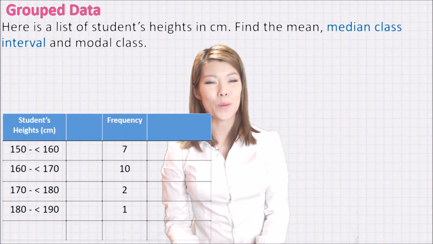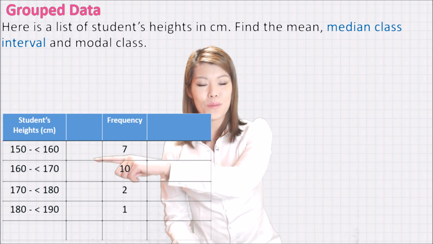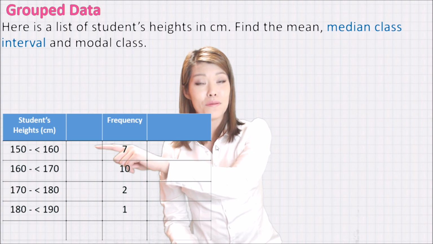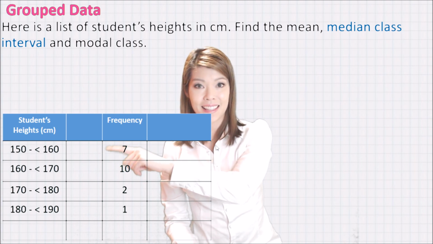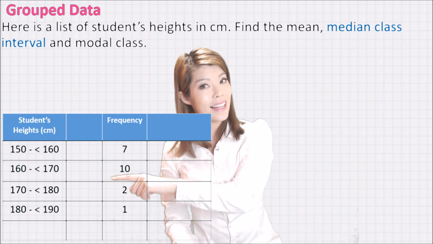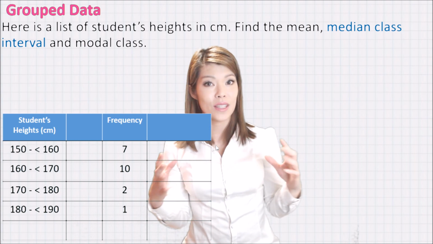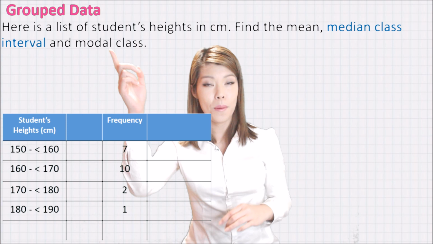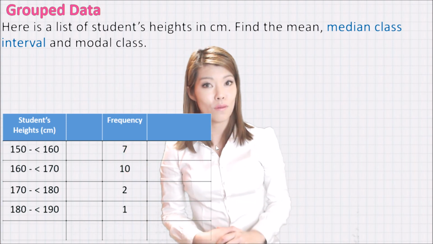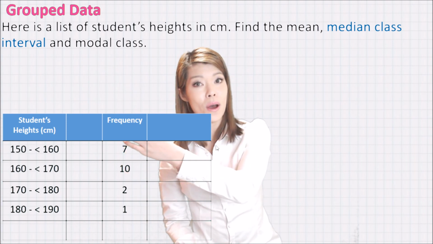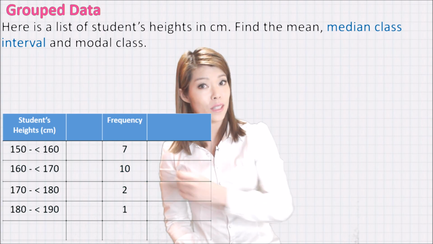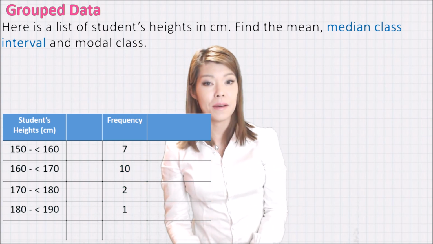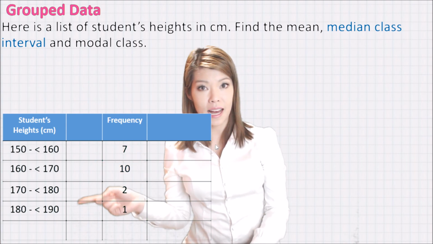Next, we're going to look at grouped data. And recall from previous sessions that these are called class intervals. So 150 to 160 is a class interval. The next row is a class interval, so a group. So instead of looking for the mode, because there's no one number, we're looking for the modal class. And instead of looking for a median, we're going to be looking for a median class interval because there's no longer one value. For the mean, we can calculate that by looking at the middle of these class intervals,